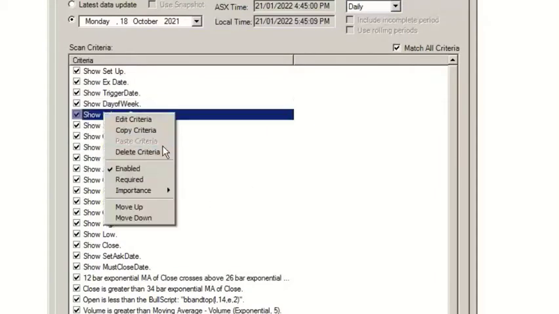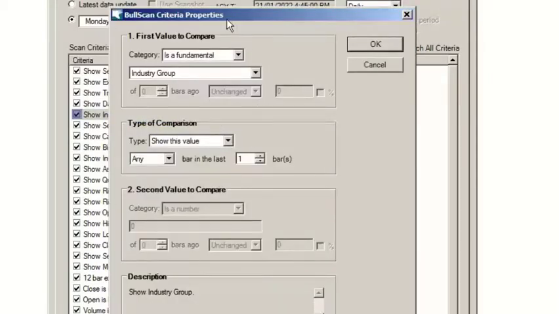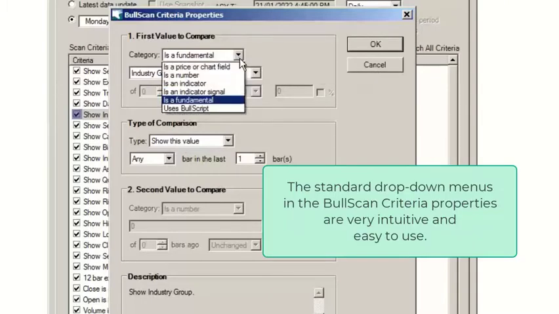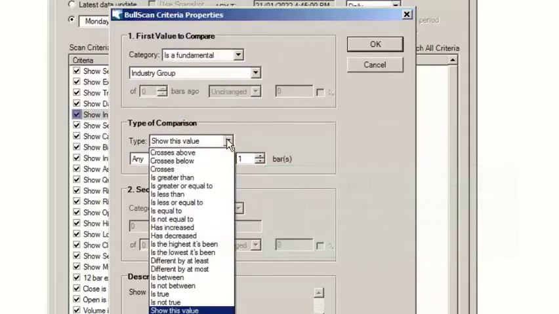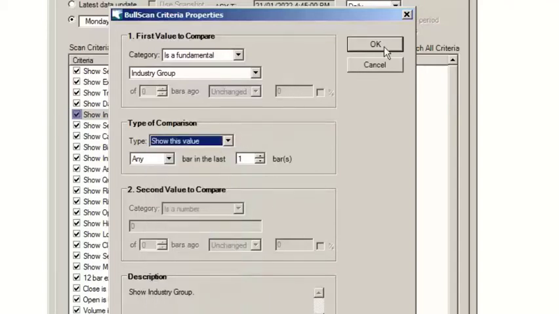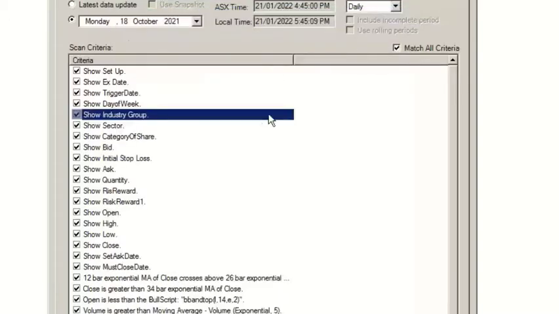Now these also, this is just the standard script that you'll find when you're looking. This is what first attracted me to BullCharts actually, was the simplicity of this and the intuitive way this is written. Here's the fundamentals, show me the industry group, show me the value. I mean, a great lot of comparison types to draw down here. And the way that's written, I think, is just fabulous.